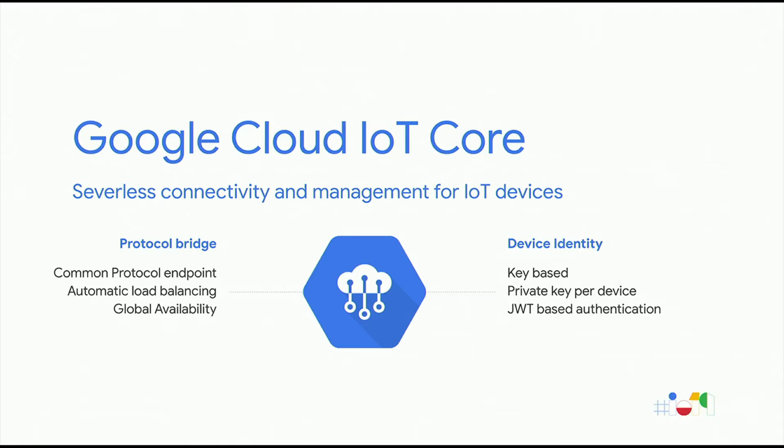So to do this today, we're going to use Google Cloud IoT Core. IoT Core is Google Cloud's managed service for connecting IoT devices to the Google Cloud network. It provides two important things that we're going to show today. So first is device identity. It provides a mechanism for distributing key-based identities to devices. So every device will end up with its own unique private key, as well as the corresponding public key trusted in IoT Core. These keys can be used in a couple different ways to connect and authenticate to the system, and Jonathan is going to talk more about that later.